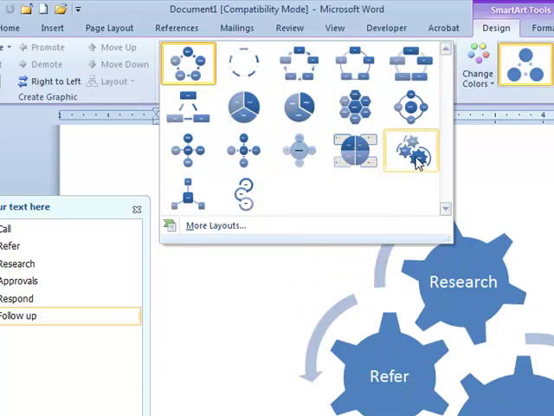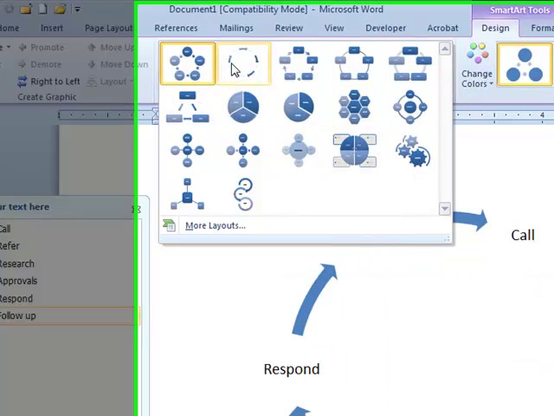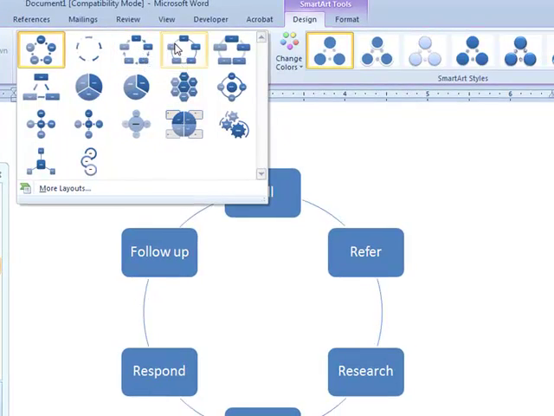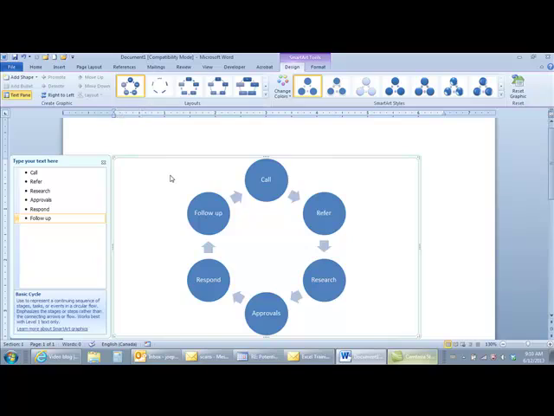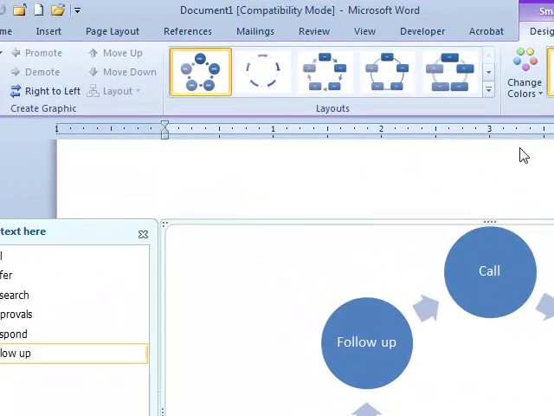For example, the gear choice only will show you the first 3 pieces of text in your text area. So I'm going to move around and I'm going to choose this one here instead. I'll go back to my original one, and I've now maybe converted my SmartArt to a different style or a different layout. Now I can also change the color of my SmartArt by going up to the Change Colors button,